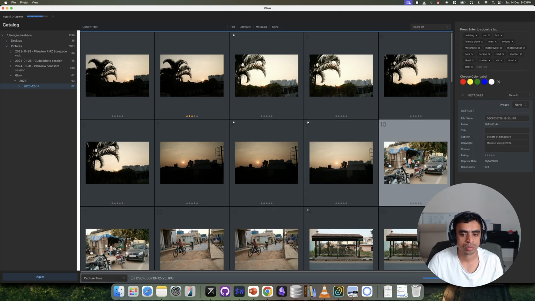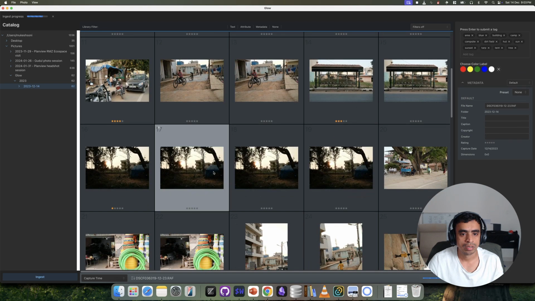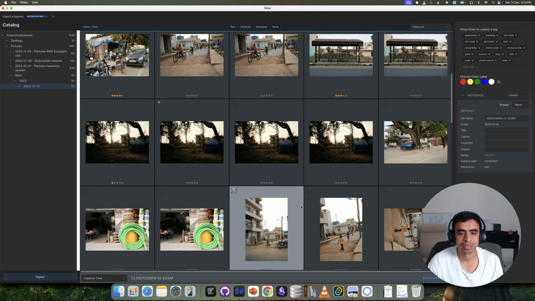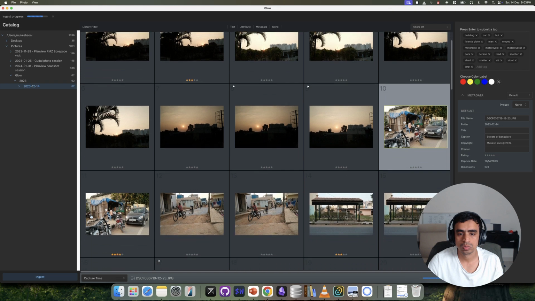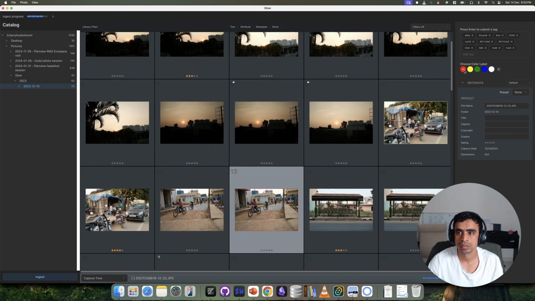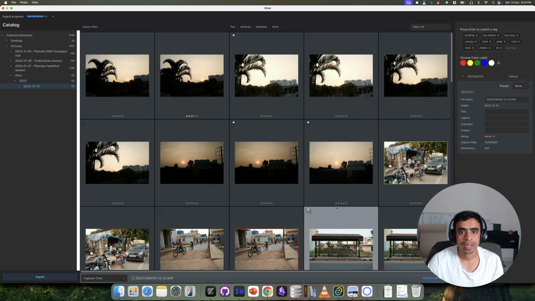Let's say I want to reject this image. I can press X and it has rejected this image. I can also give color labels to images. Let's say I give this a yellow, give this a red. And then of course I can